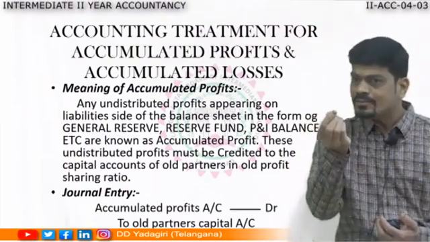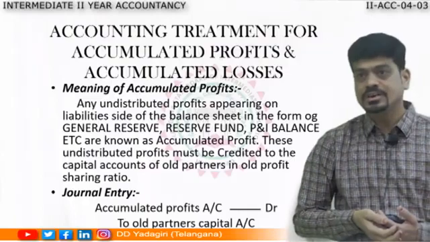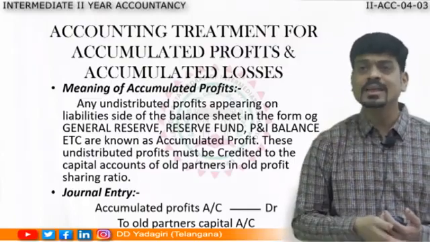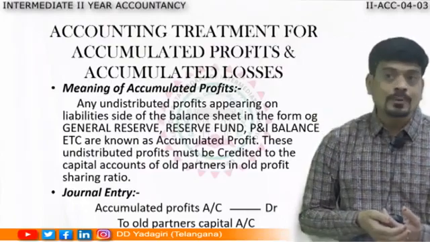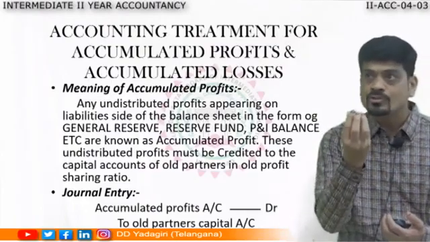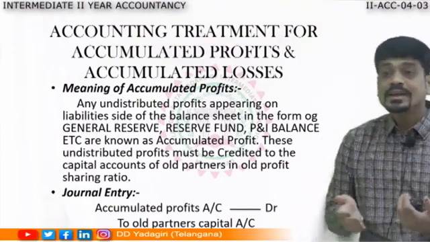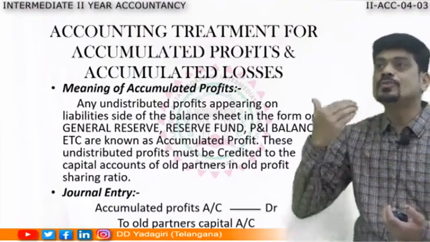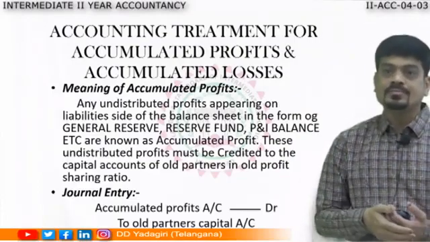No. Let us go for a while to the sources of finance of inter first year commerce. There we studied about retained earnings. And what did we say about retained earnings? A portion of profit is kept aside. Why is it kept aside? To meet the future contingencies. Like that, even in partnership firm,